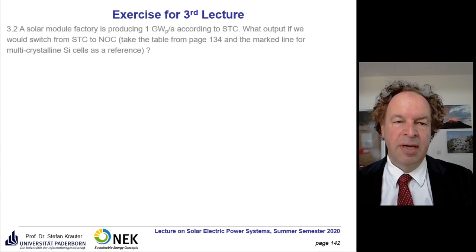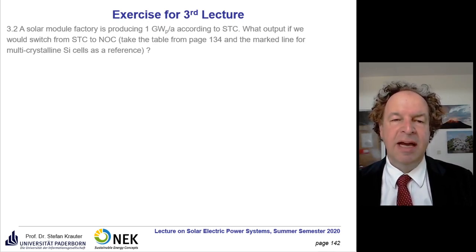We come to the second part. It asks about the solar module factory, which produces 1 gigawatt. This is P. This index P indicates peak. That means that it is related to standard test conditions. It's not really physical. It's just a custom in industry that they use this P to indicate that this power has been measured at standard test conditions. Divided by year, also 1 gigawatt